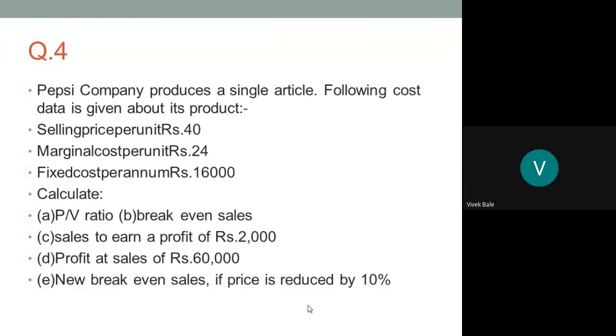Okay. Now moving on to the solution. Whenever I go for the solution, first we are supposed to calculate the PV ratio. And to calculate the PV ratio, we have a formula. Yesterday we used the formula change in profit upon change in sales, but today the information is totally different. There is no 2 years sales data as well as 2 years profit data. Therefore, we can use another formula for PV ratio, that is contribution divided by sales into 100.